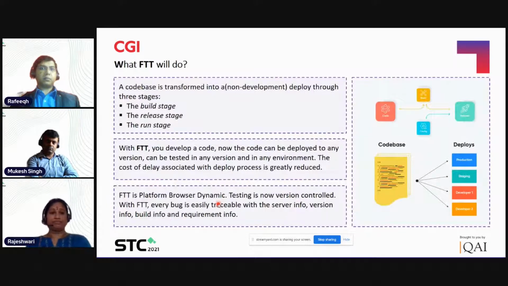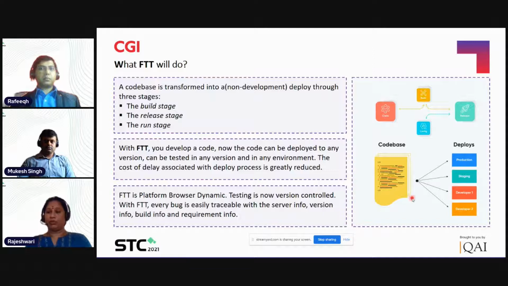So coming to the architecture, or a schematic representation of how it works: a developer will develop a piece of code, and he will simply do the commit with a particular commit statement, saying, okay, I have fixed so and so issue. We can pick up that particular commit reason, and based on that we can do the testing. So every single piece of code is tested by both the developer as well as the tester. Only when it is approved will it be built and released to the subsequent stages. As I have shown in the diagram, we have here developer 1 environment, developer 2 environment, staging and production.